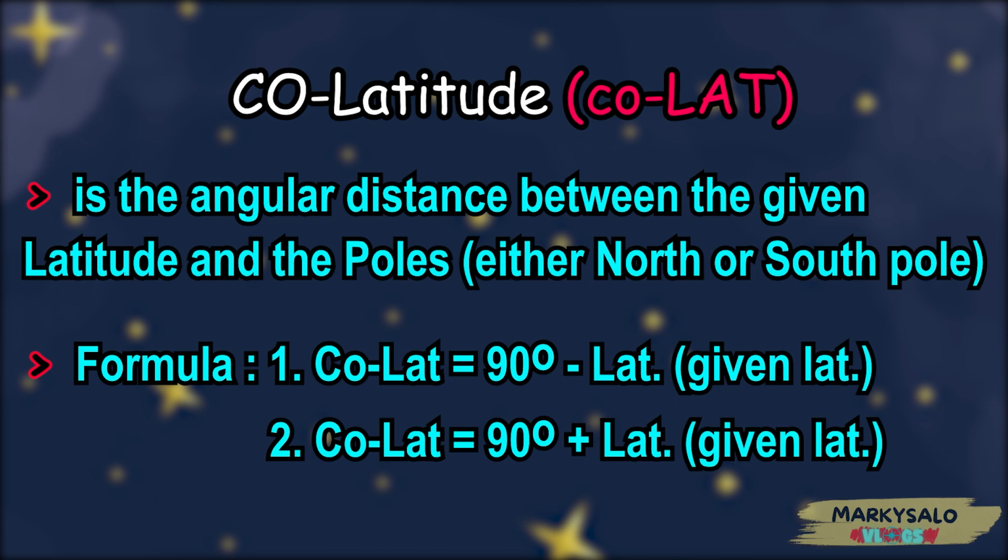colatitude is equal to 90 degrees minus the latitude, or the given latitude. Second, colatitude is equal to 90 degrees plus the given latitude. So the operation, or the formula, or the solution, is very elementary. It's just simple subtraction and addition. Okay, for